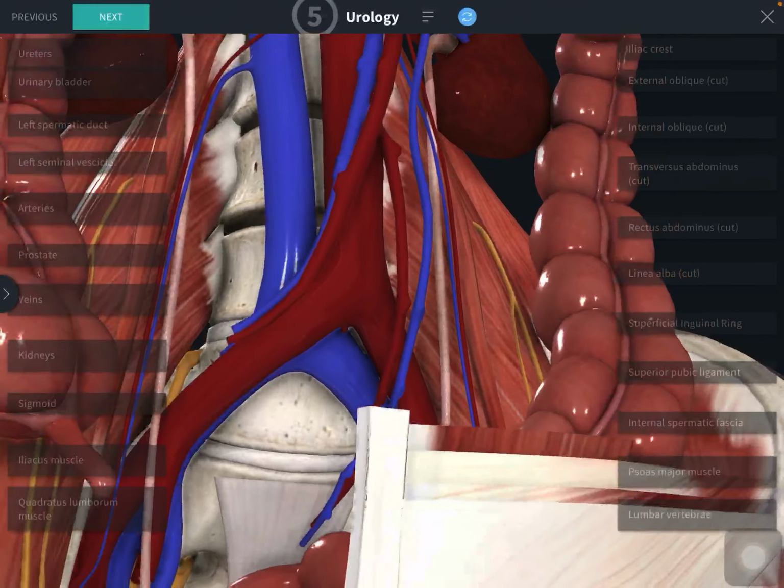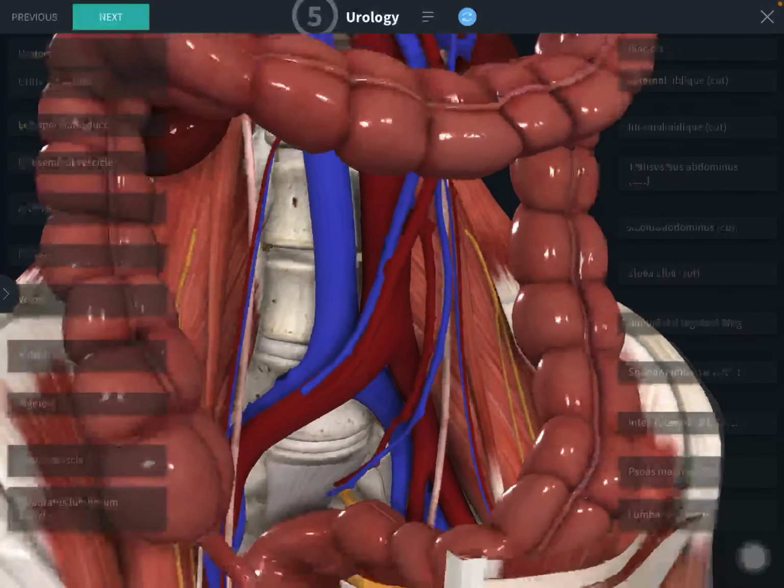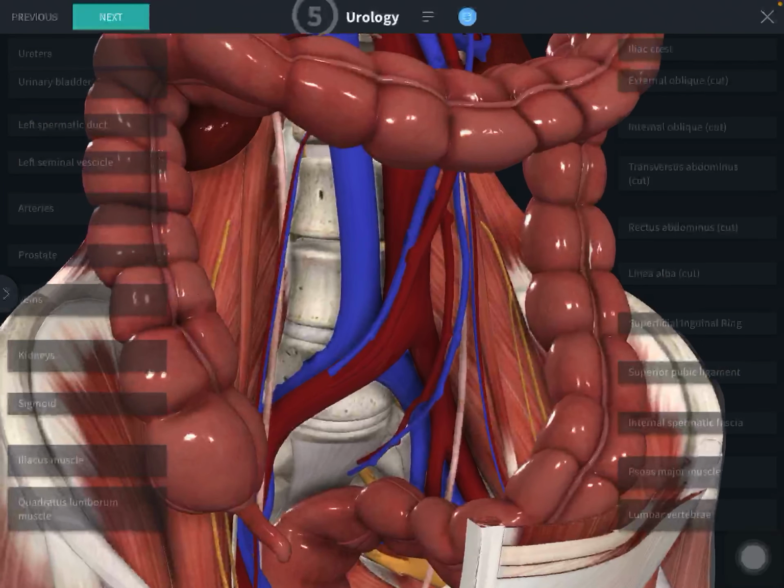And this sigmoid colon, yes, this is the sigmoid colon, which will have the sigmoid mesocolon V-shaped. So the apex of the inverted V-shaped will be in front of the left ureter. That is very important in the surgeries. Here the ureter is related exactly at the apex of the inverted V-shaped attachment of sigmoid mesocolon. The surgeon should be careful in identifying the left ureter at the place. So these are the relations of the abdominal part of the ureter, behind and in front we have covered in detail.